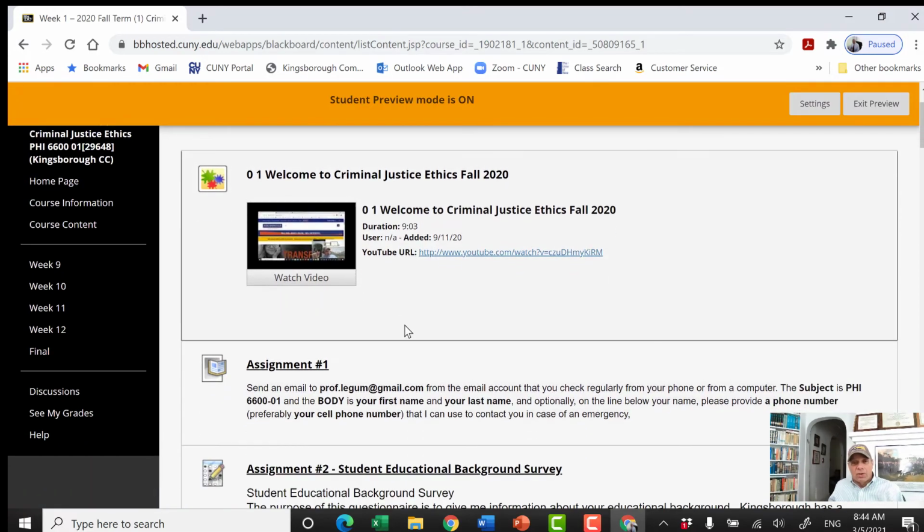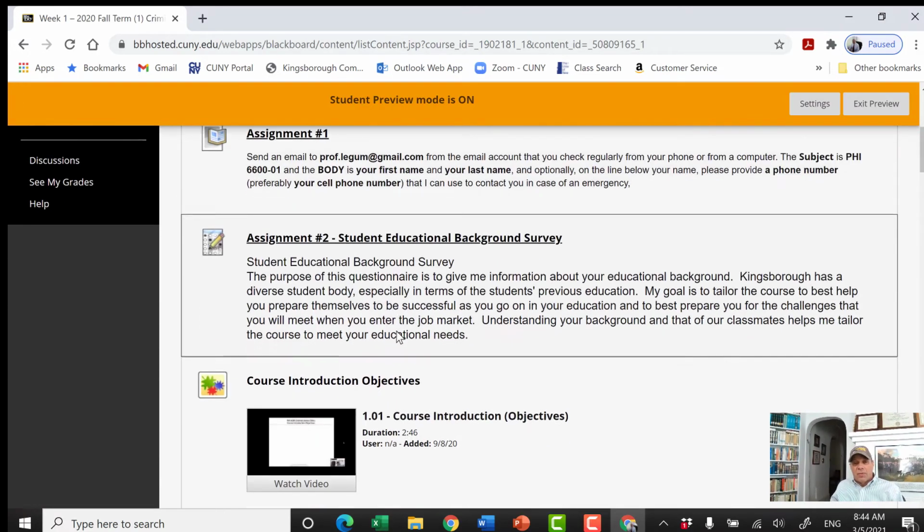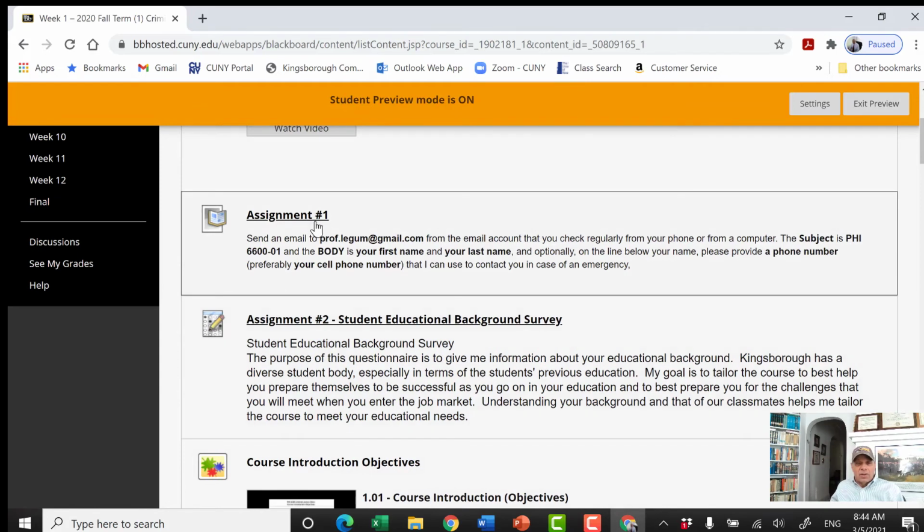But here's what the first week is going to look like. So start from the top and start working your way through. If it's an assignment, click on it. The first assignment actually is just to send me information about yourself in an email, because that way I will have the real email address, because I have noticed that many students, actually it's gone down over the years, but many students don't even check their Kingsborough account. So I want to make sure to have your real email address, the one that comes on your phone or whatever you check frequently, so that you don't miss out on any of these messages.